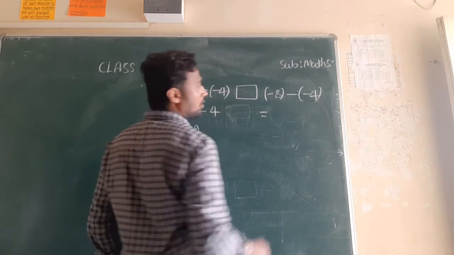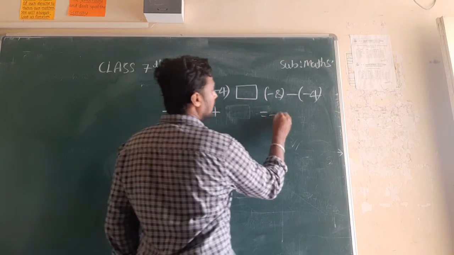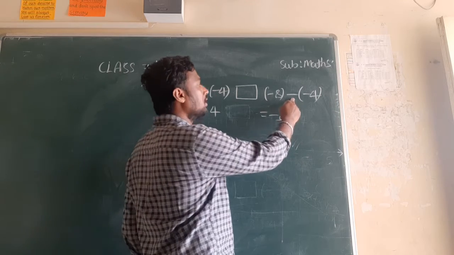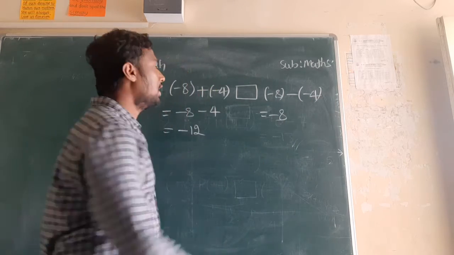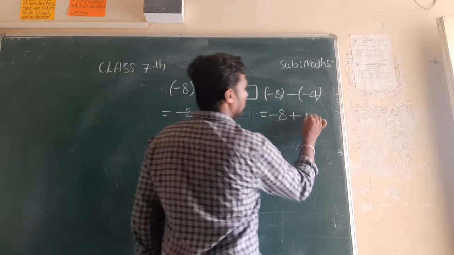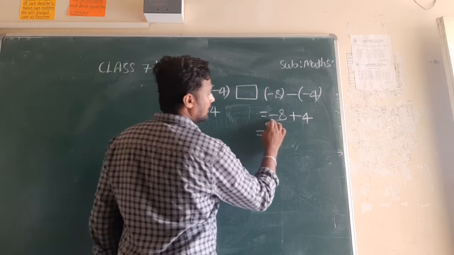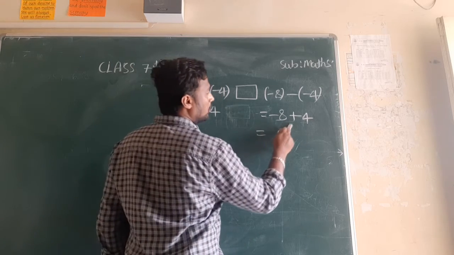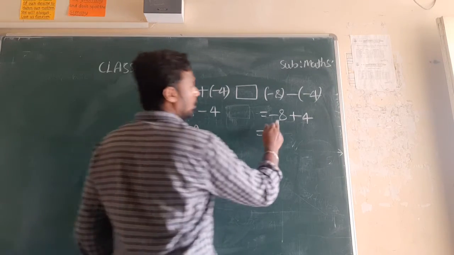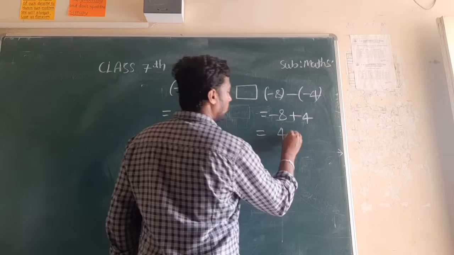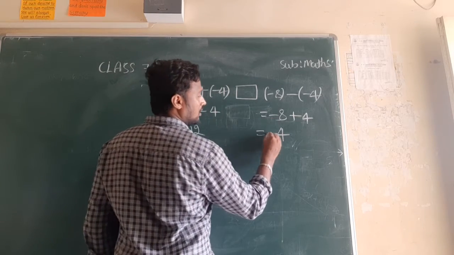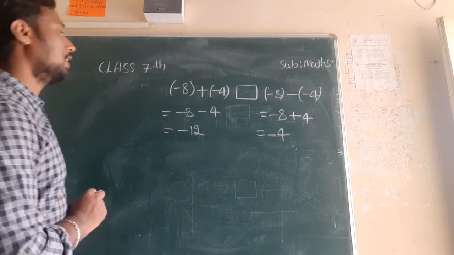Now let us check what we will get here. The first value is minus 8, I will write it as it is. Next, outside the bracket we have minus, so you have to just multiply. Minus into minus means plus. So I will write plus 4. Next, minus 8 plus 4. Just multiply again: minus into plus is minus. Therefore you have to subtract. So 8 minus 4 means you will get 4, and the sign in front of the bigger value is minus here. Therefore we got minus 4.